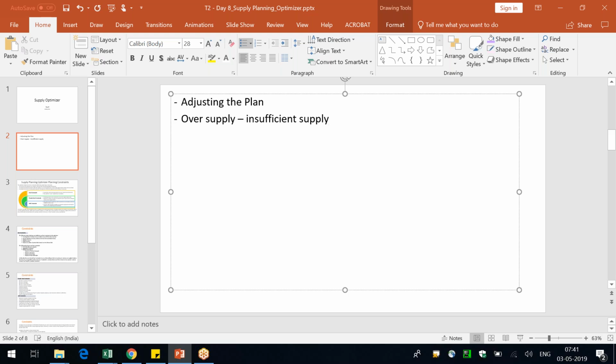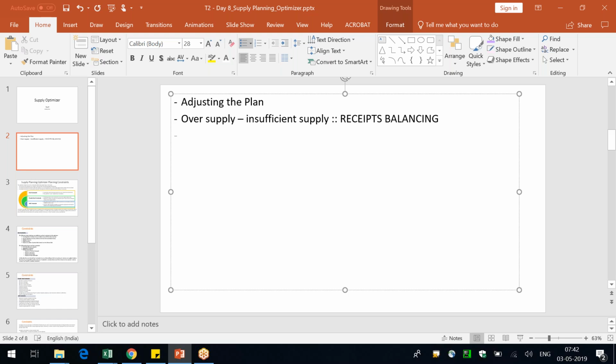Sometimes in the process of adjusting the plan, or maybe constraining with the lot sizes and so on, that might lead to oversupply or insufficient supply. So in those cases, we have to use a functionality called receipts balancing. With receipts balancing, the heuristic in supply propagation will have an intelligence not to do the oversupply or insufficient supply, but to match the demand exactly. We have seen this yesterday.